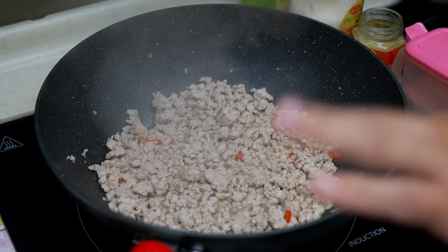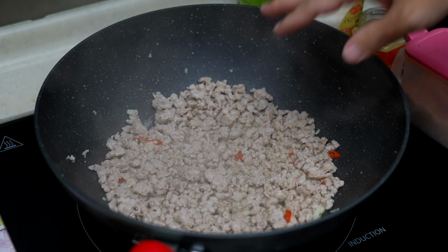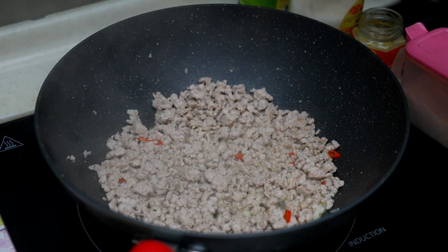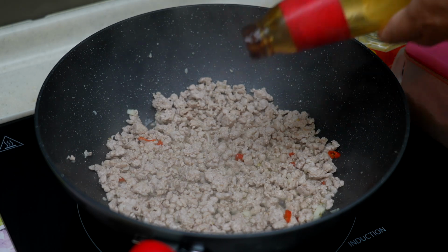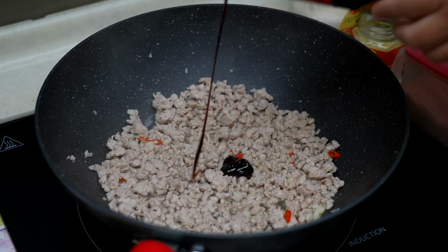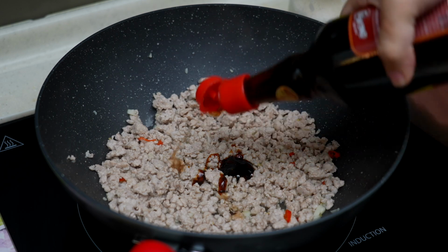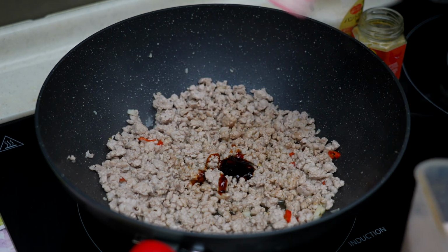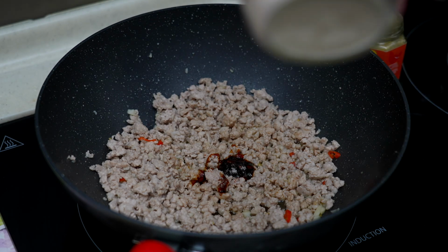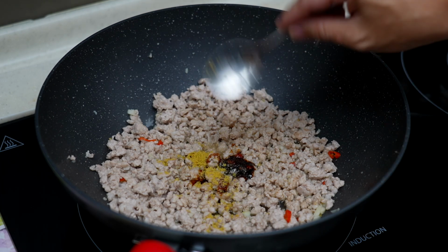So this is after approximately 2 minutes sauteing. We're going to give it some more seasoning. Every time when you want to add seasoning, you can actually tune down the temperature. Firstly, we will put in some oyster sauce, approximately 1 tablespoon. A few dashes of fish sauce, a little bit of salt, some sugar. I'll add in half teaspoon of my Cooking Appa chicken powder,